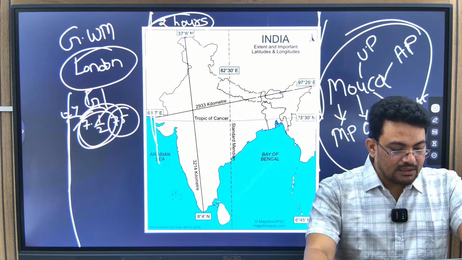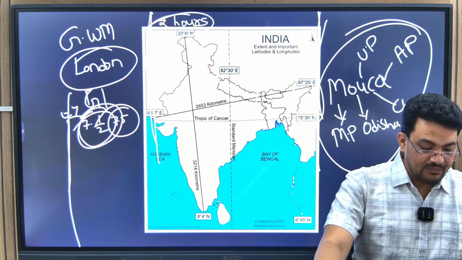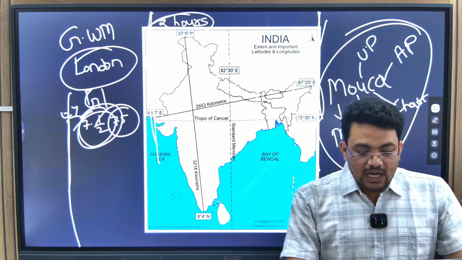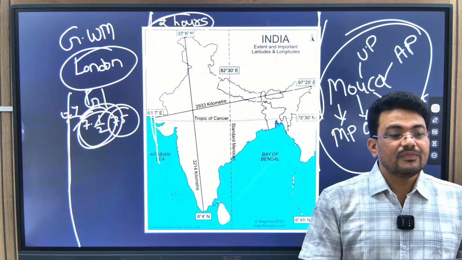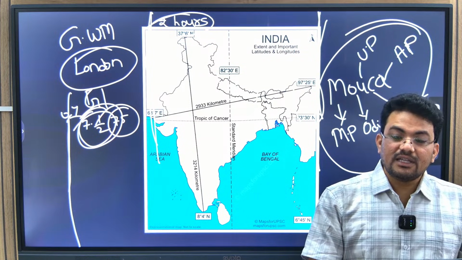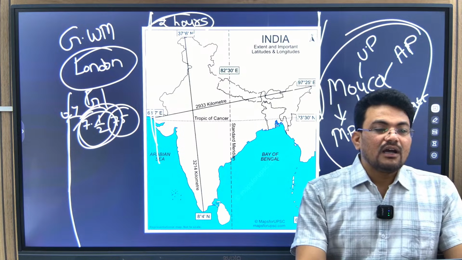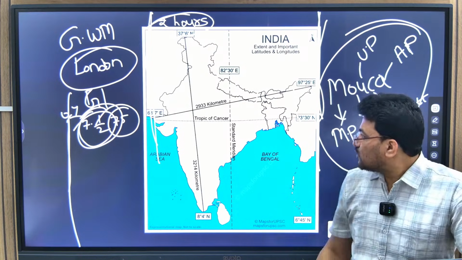Also, down you have this 7.5 degrees concept. Please go through that. After that you have a map. From the map, every year many questions are coming. For example, this question is asked: how many